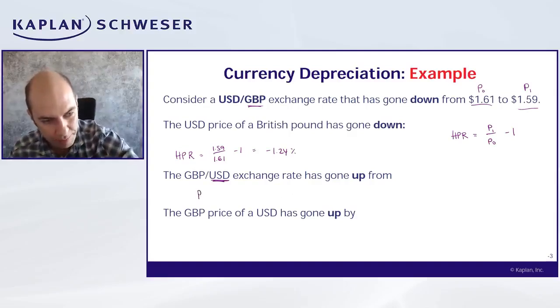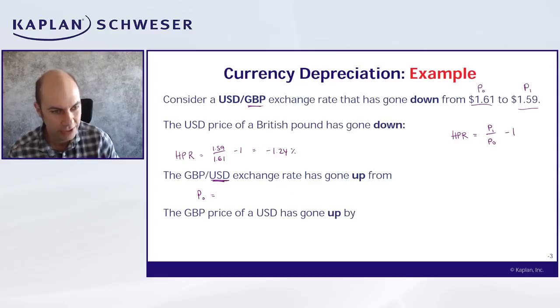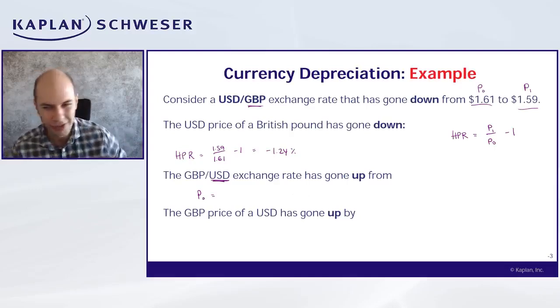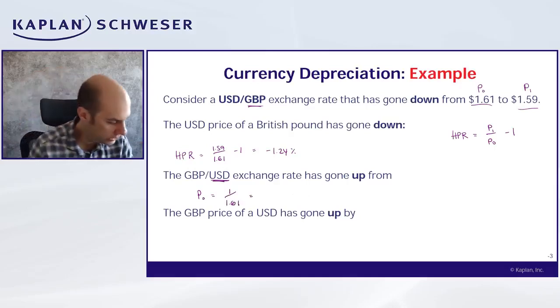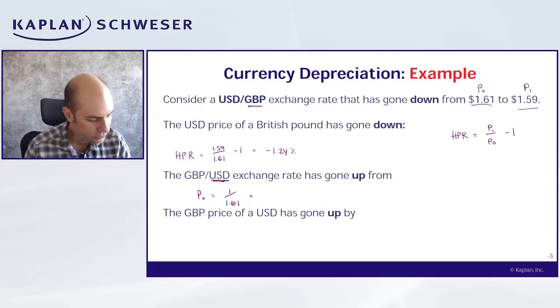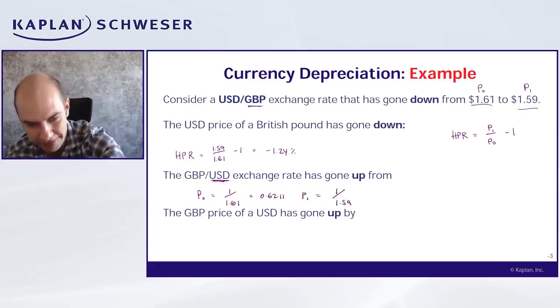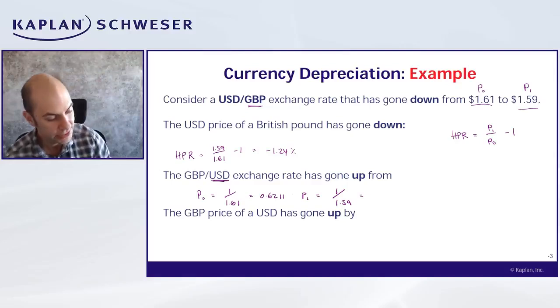So our P0 is our starting currency, but now we need to make sure that it is expressed in pounds per dollar. We need to make sure that the dollar is our base because we're calculating the HPR on the dollar. So it's going to be 1 over 161, and let's quote this to 4 decimal places, which is .6211. And our P1 is going to be 1 over 159. And let's quote that to 4 decimal places as well, which is